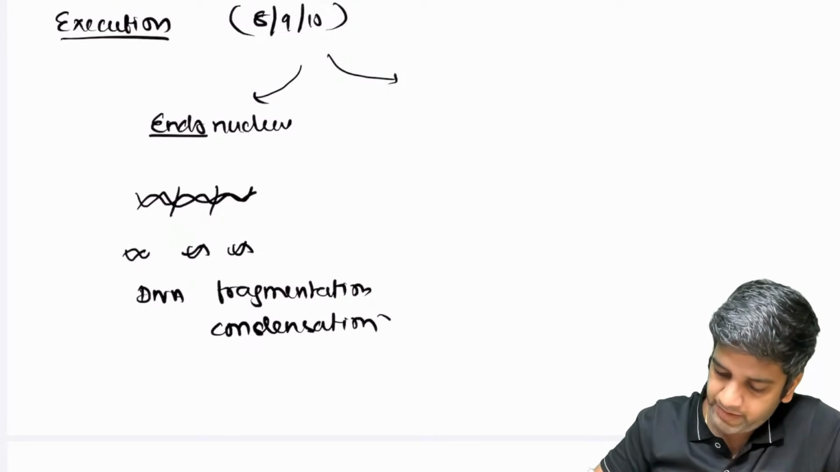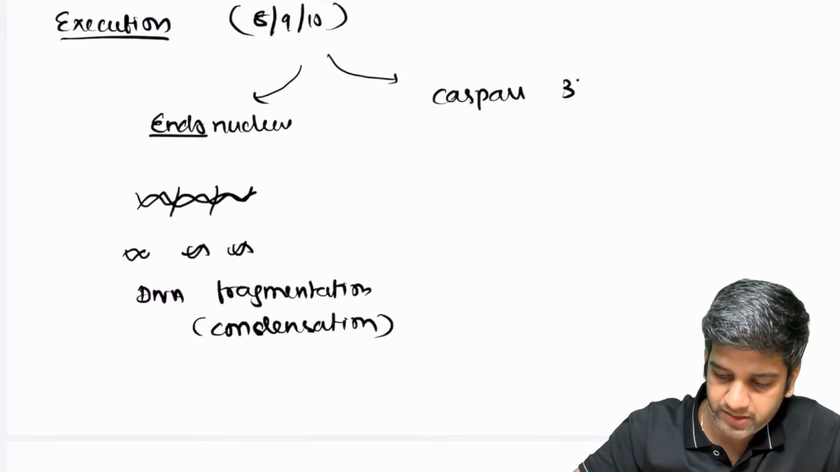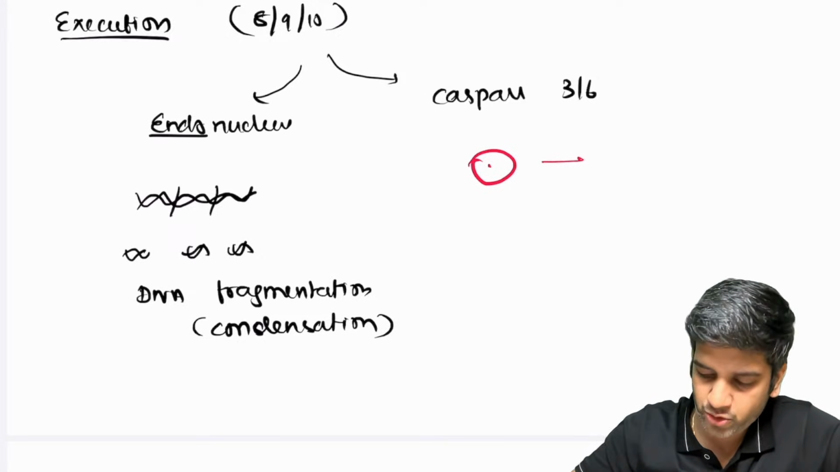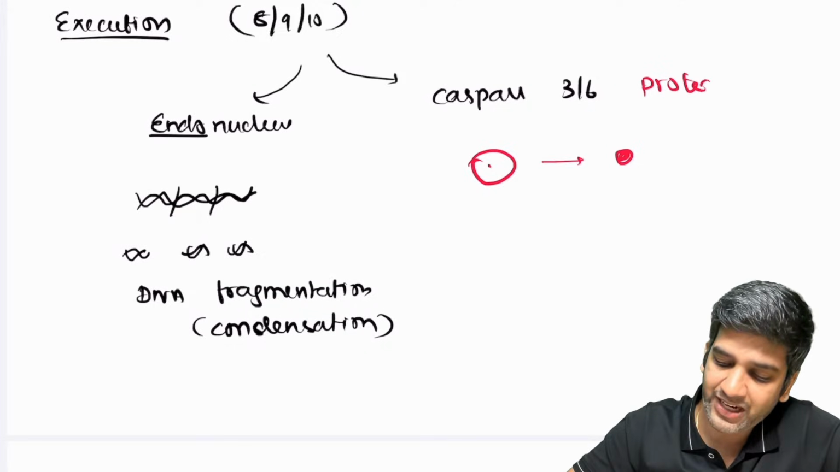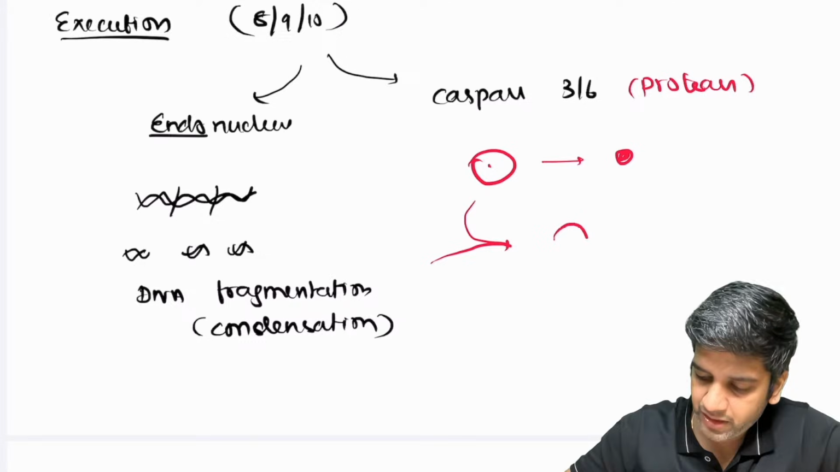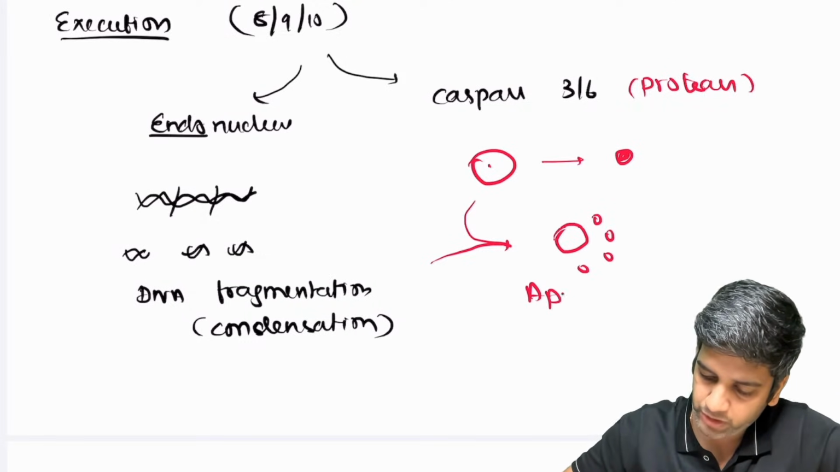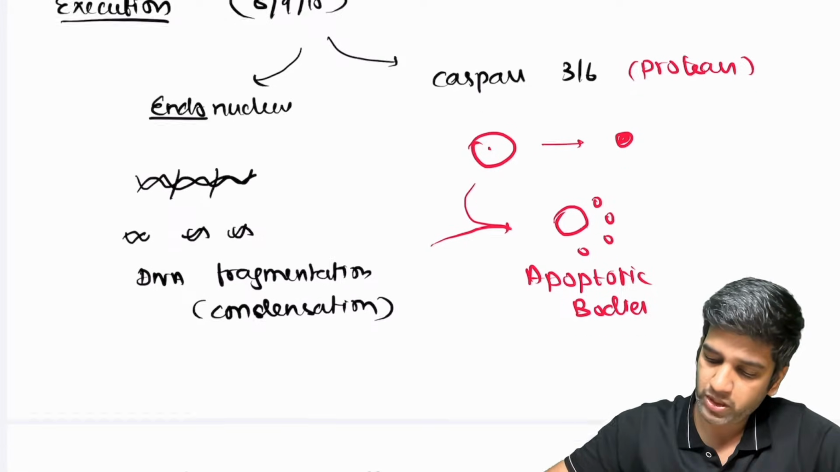This happens on one side. On the other side you have caspase 3 and 6. Caspase is a protease, so it destroys the cell and shrinks the cell. When both of them happen, ultimately it ends up in tiny little bodies which are split, called apoptotic bodies. These apoptotic bodies will be removed and thrown away by your